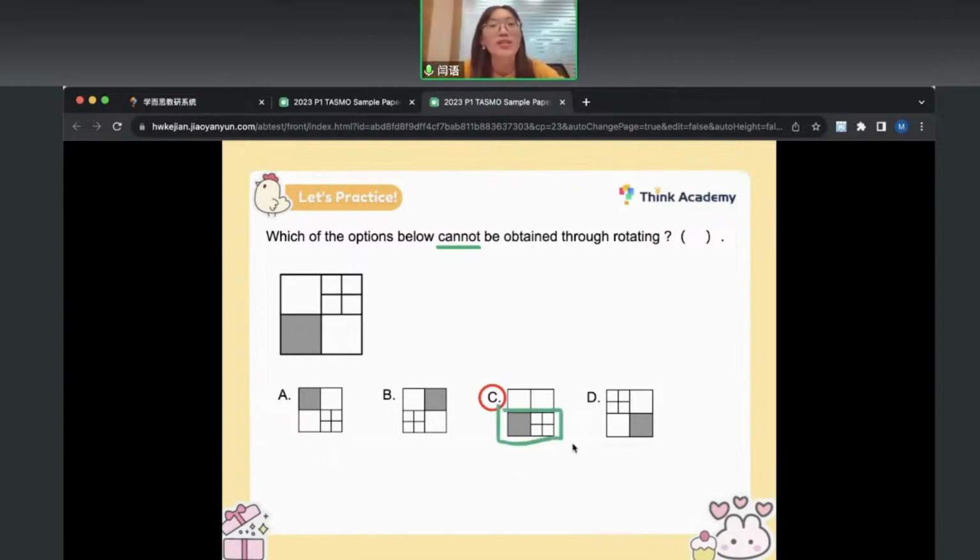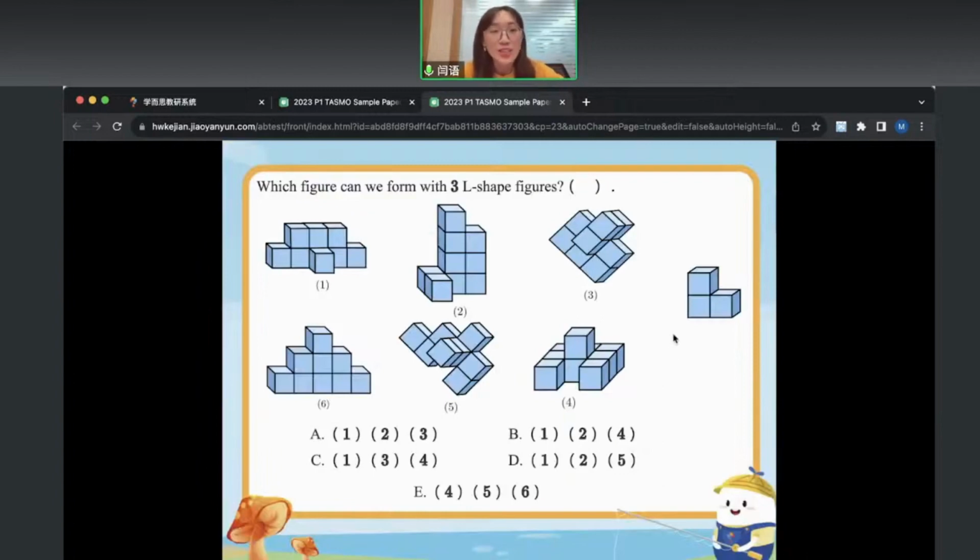Of course, no. Understand? So now you see this is about the rotating. Do remember that rotating never changes the characteristic of the picture. OK，它绝对不会改变这个图形的特点。